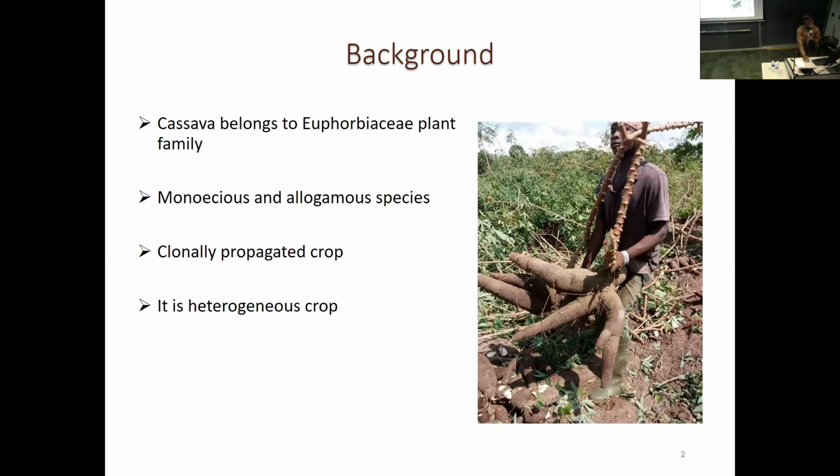Cassava, my favorite crop, belongs to the family Euphorbiaceae, that is, flowering plants. It is predominantly classified as an outcrossing species, despite having both male and female reproductive organs. It is a clonally propagated crop. Cassava is extremely heterogeneous. Because of the heterogeneous nature of this crop,